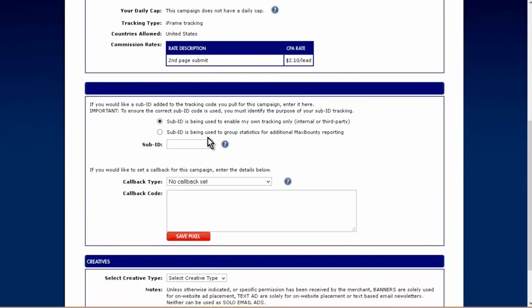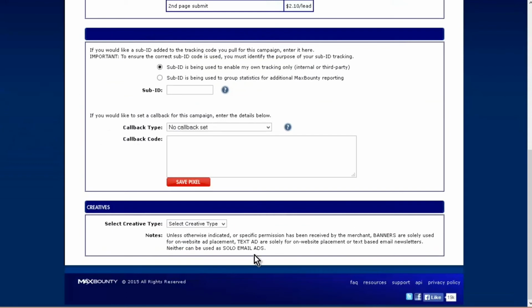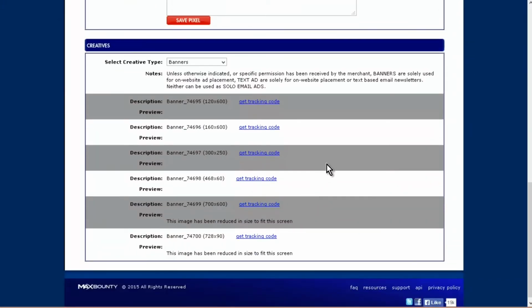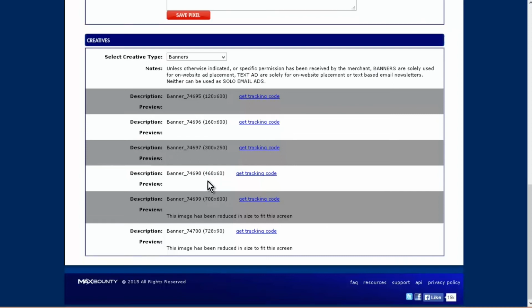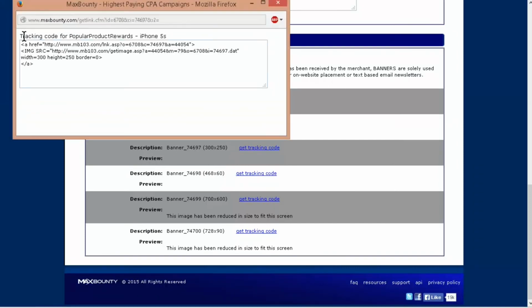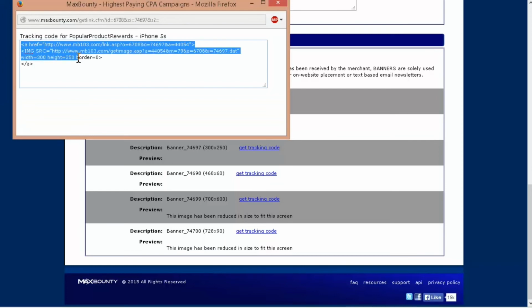Okay, so down at the bottom we can select the creative type, so a banner or text links. Let's go to banners. So there's a 120 by 600, 160 by 600. So just pick the type that you want here. I'm going to go with a 300 by 250 and get the tracking code. And then I can just put this on my site. So copy